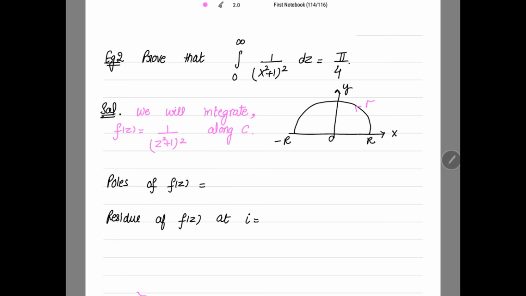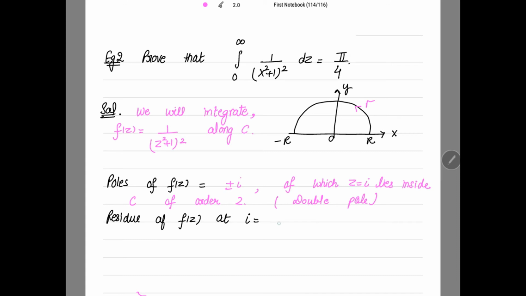Yes, the poles are double poles because here the power is 2. So clearly the poles of f(z) are ±i, of which z = i lies inside C, of order 2, or it is your double pole of order 2. Now finding the residue for this, because it is z = i of order 2, the formula for that